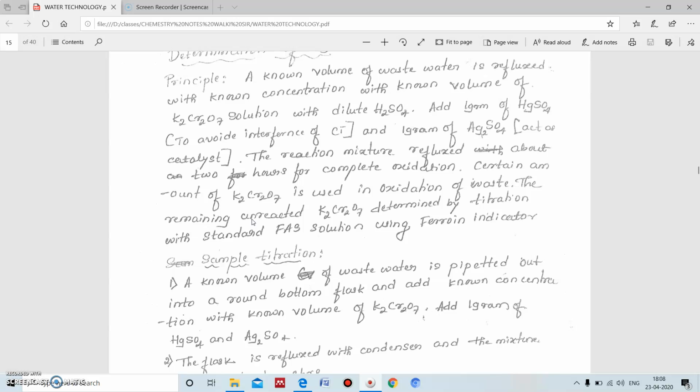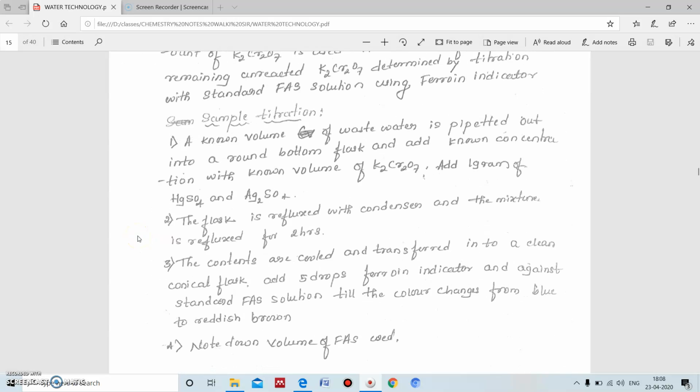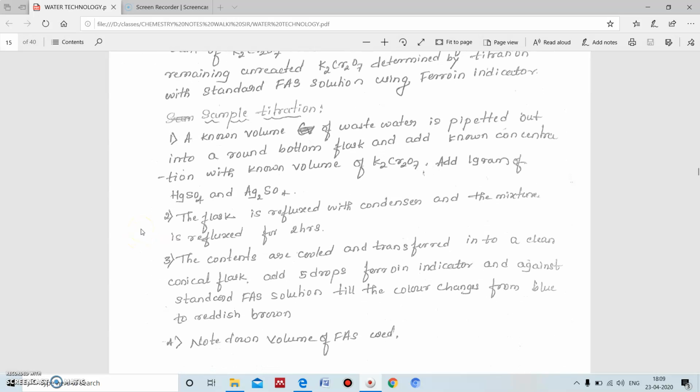Here, for the determination of COD, we are going to do two titrations. One is the sample titration, the other one is the blank titration. In the sample titration, we are going to take a round bottom flask. In the round bottom flask, we are going to take a known volume of wastewater sample. Then we are going to add potassium dichromate of known concentration and known volume along with dilute H2SO4. Then we are going to add 1 gram of mercuric sulfate and 1 gram of silver sulfate. The entire reaction mixture is refluxed